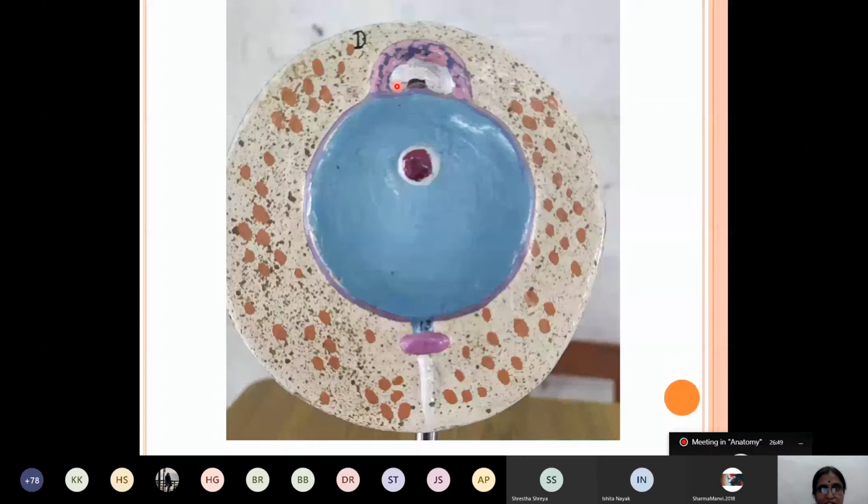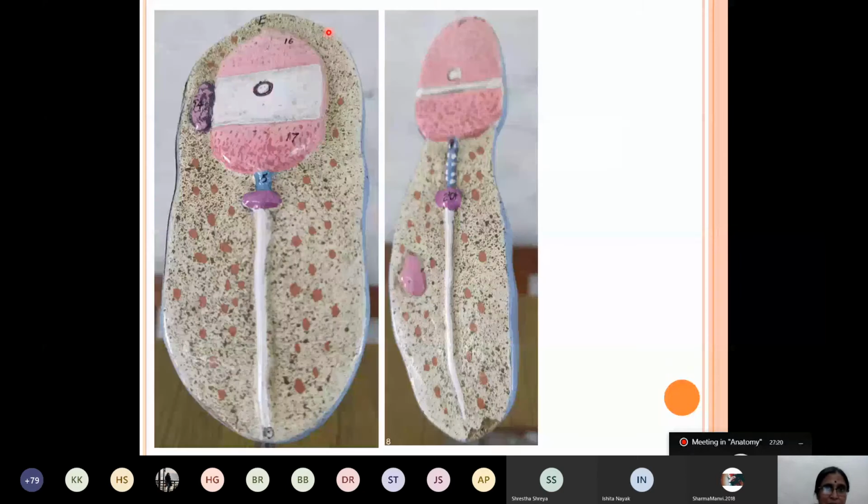At the same time, condensation of the nucleus is taking place. Also, the centrioles with the centrosome appear at the opposite pole, and the centrioles give rise to the neck, middle piece and tail of the spermatozoa. The formation is taking place slowly and steadily. The nucleus condenses into an elliptical shape, covered by the cap, forming the head of the spermatozoa. The neck, middle piece and tail are formed by the centrioles.